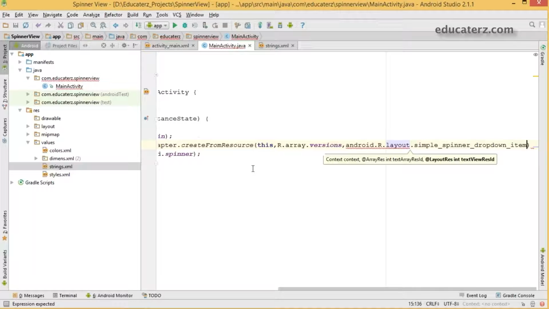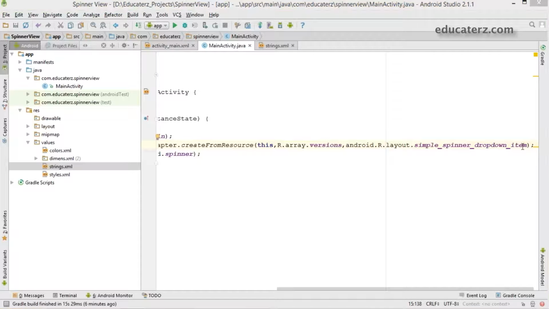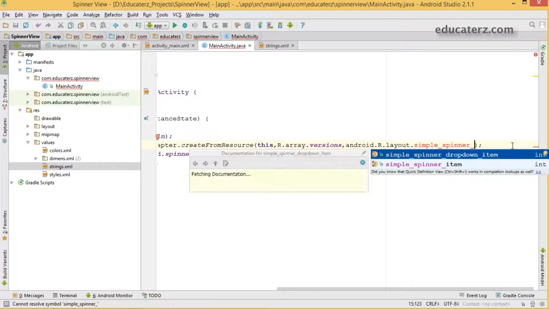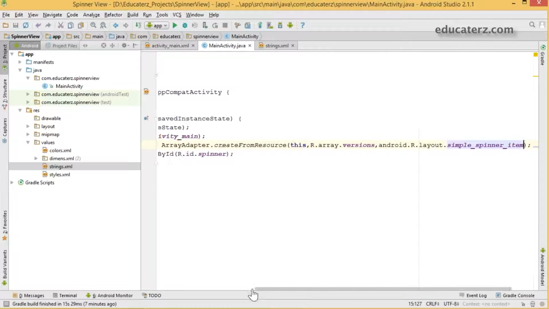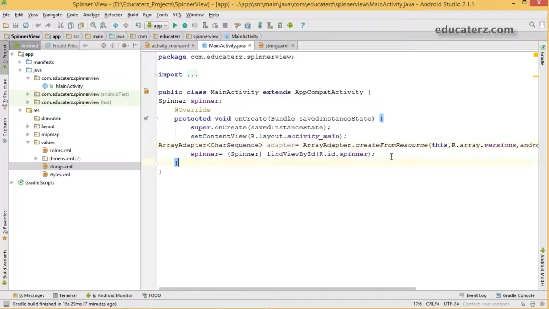You can select like this. Setting up for a particular individual view, we use simple_spinner_dropdown_item. And we should set the adapter to our spinner.